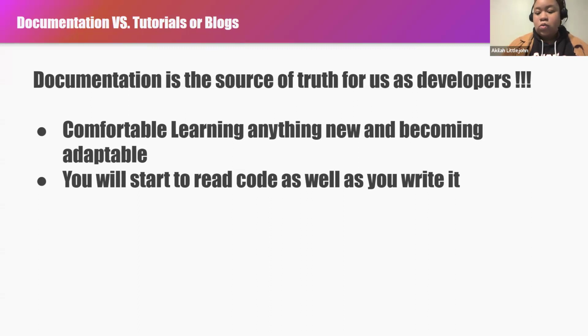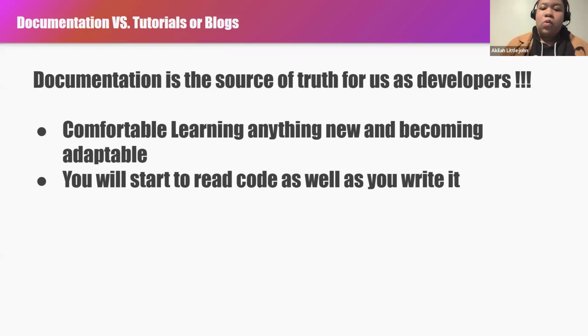Secondly, once you learn how to read code, because documentation isn't limited to coding or programming languages. If you look at OpenAI, it has documentation. And as far as JavaScript, that's what I speak towards. And TypeScript, you're reading other people's code. So that's the thing I think should be the most important if you don't get anything else